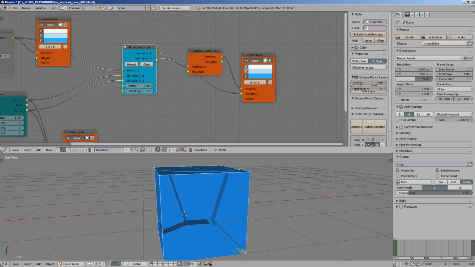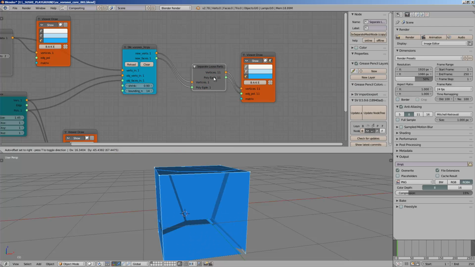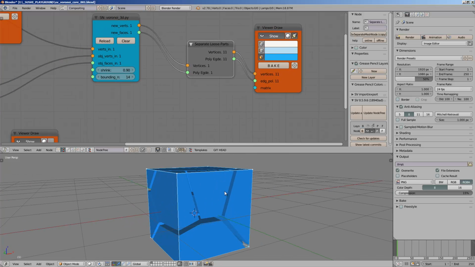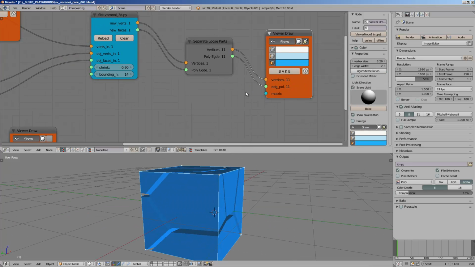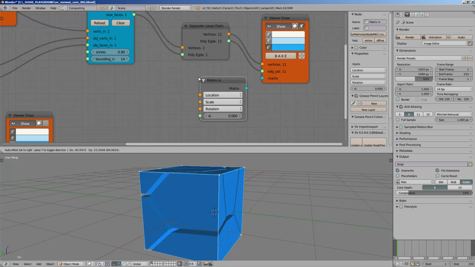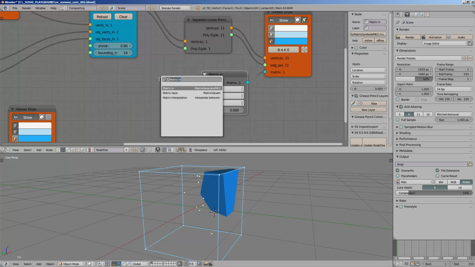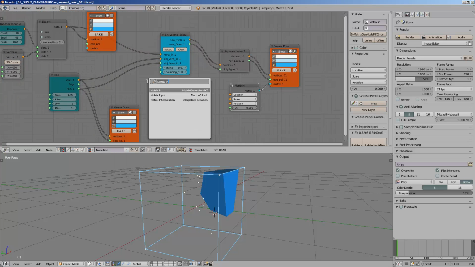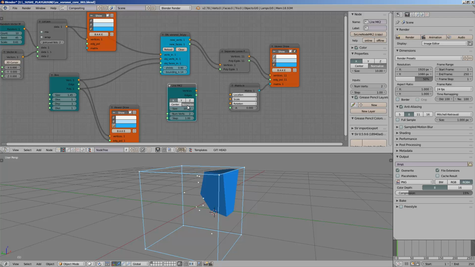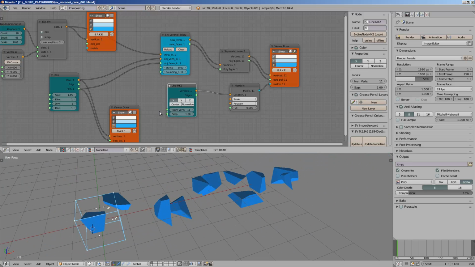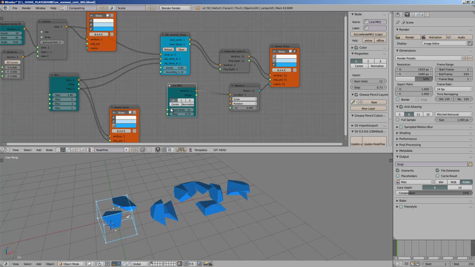Separate each Voronoi piece. Now we can see we have 11. The last one actually is the Voronoi core, and that's the one we are interested in. I will use matrix in, and I'll just use a line, for example, and give it 11 points. You can see that this line kind of puts the Voronoi pieces